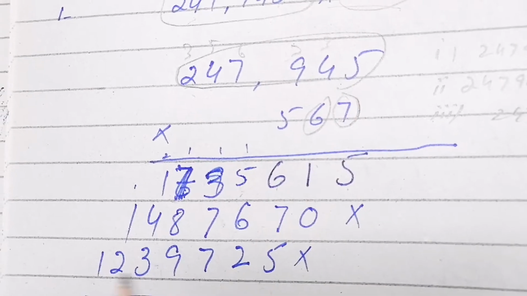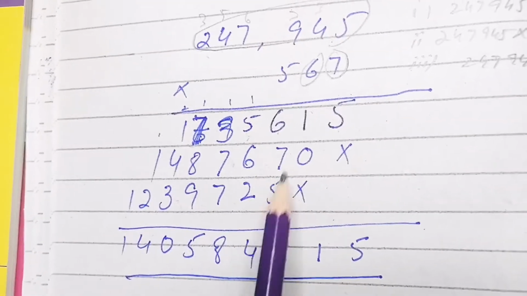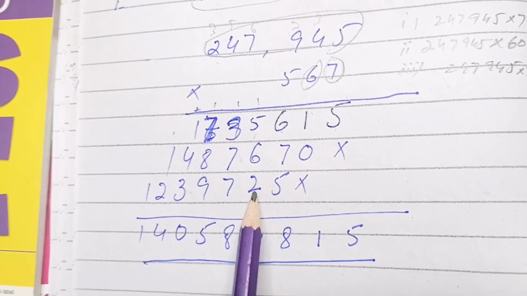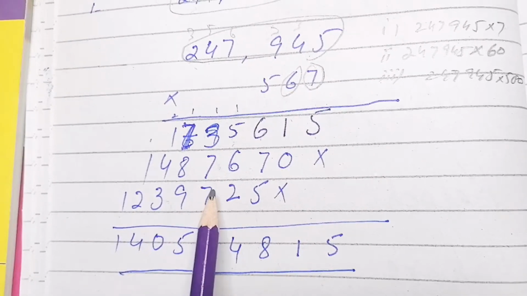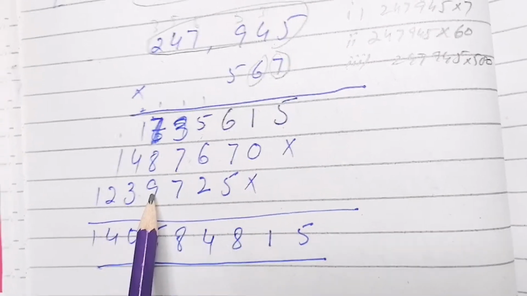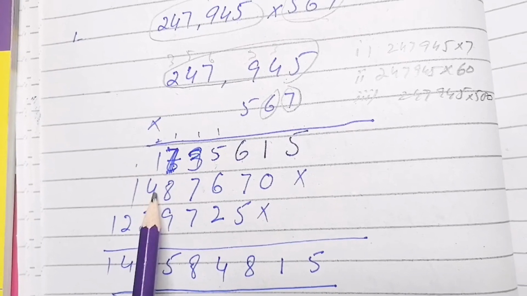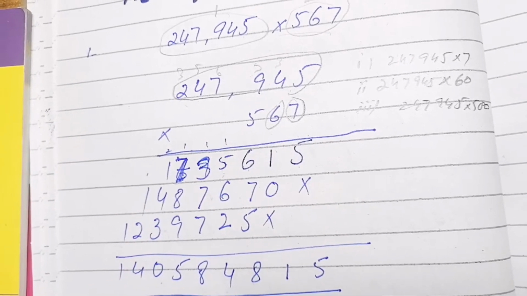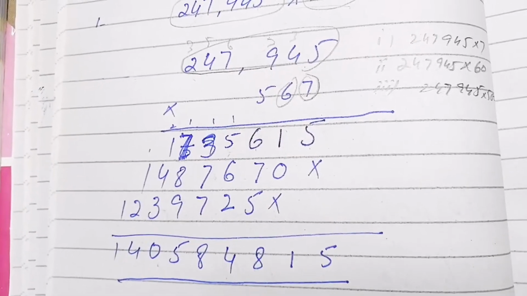We multiply with 5 and we get this number, and then we add them. 5, 1 plus 0 is 1, 6 plus 7 is 13 plus 5 is 18, 1 carry, 5 plus 6 is 11 plus 2 is 13 plus 1 is 14, 1 carry. So 4 plus 7 is 11, 11 plus 7 is 18, 1 carry, 8 plus 8 is 16, 16 plus 9 is 25, right? We write 5 here and then 2 carry. 2 plus 1 is 3, 3 plus 4 is 7, 7 plus 3 is 10, 1 carry, 1 plus 1 is 2, 2 plus 2 is 4, and so this is the way that you have to multiply individually with the numbers,